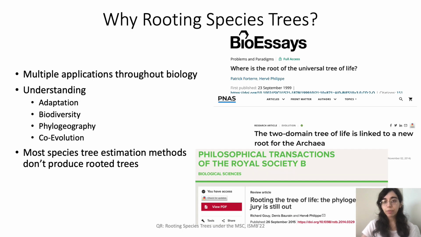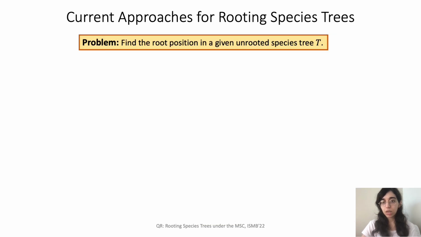Rooted species trees have multiple applications in biology. For example, they're useful for studying adaptation, biodiversity, phylogeography, and coevolution. However, there are still several challenges in finding the correct root in many biological data sets, and most species tree estimation methods produce unrooted trees, and therefore additional methods for rooting these trees are needed. So the problem that we are studying here is finding the position of the root in a given unrooted species